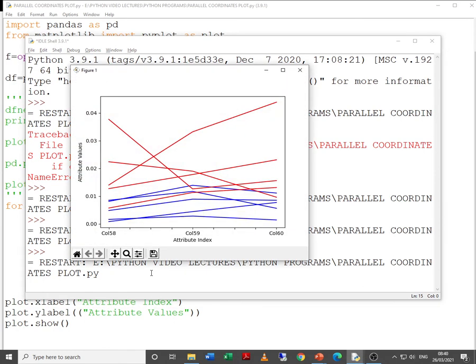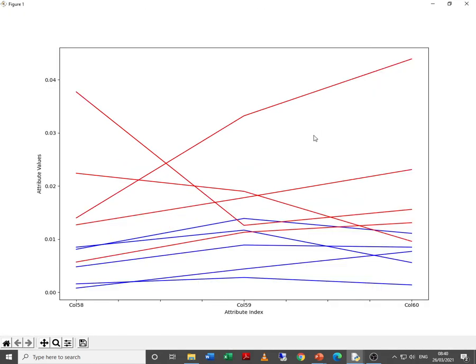Yes, now the parallel coordinates are quite visible, and remember, there are lot of libraries with which we can draw this parallel coordinates graph. We have taken columns 58, 59 and 60. What you can see is, in attribute column 58, the value is this as far as the CSV file is concerned.